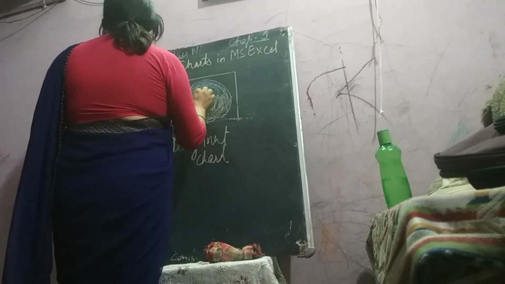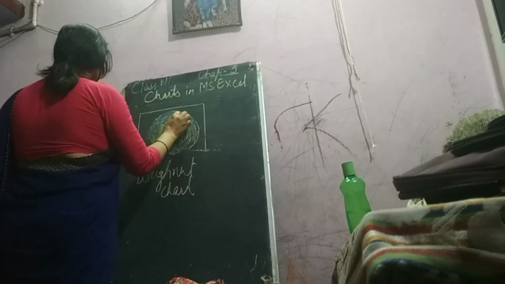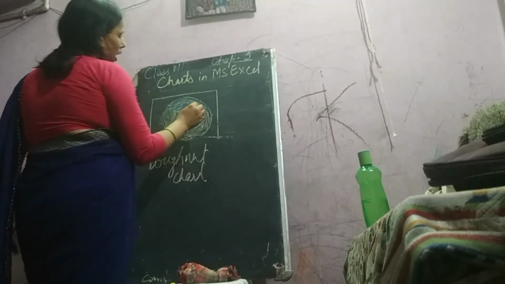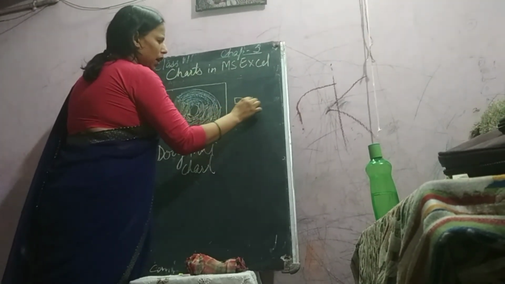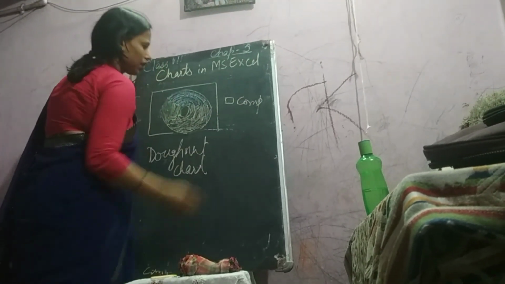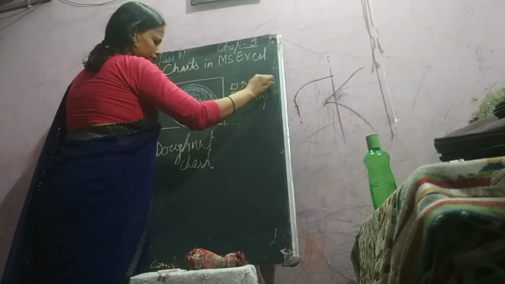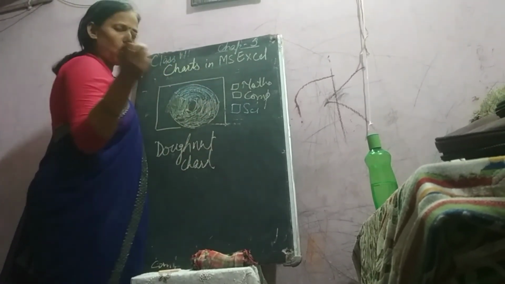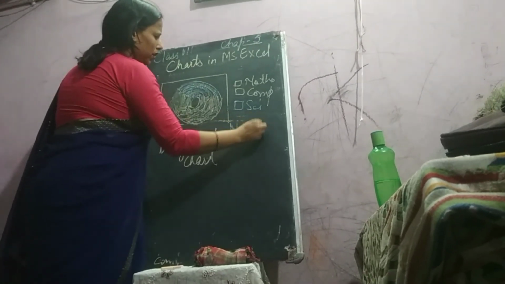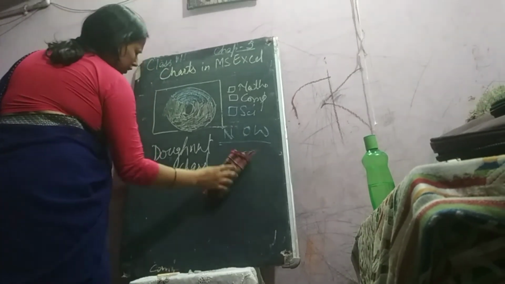Like pie chart, it also displays the relationship of proportional parts to a whole. It has been divided into three parts. Now, in this, you can compare the multiple data. That means you can compare subject wise: computer, maths, science, as well as all three students, N, O, W. All the three students, you can compare subject wise.